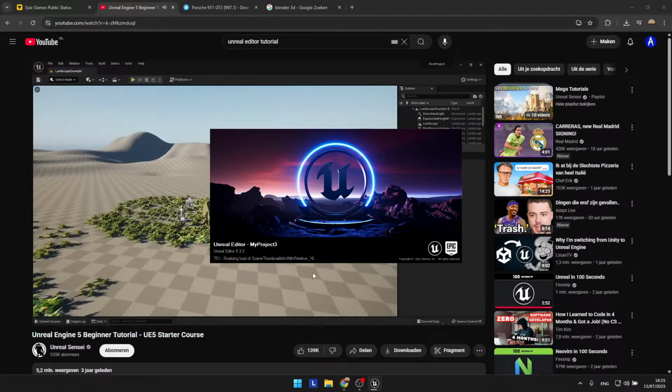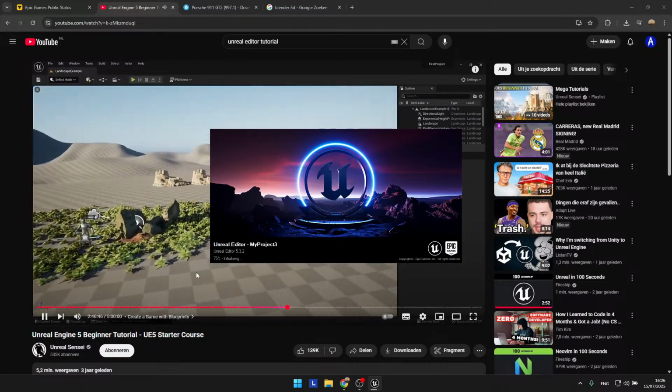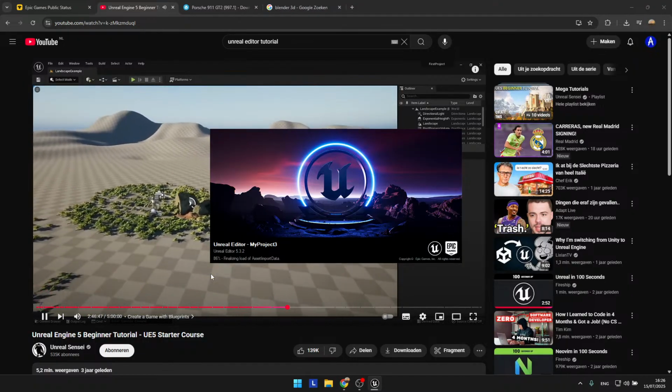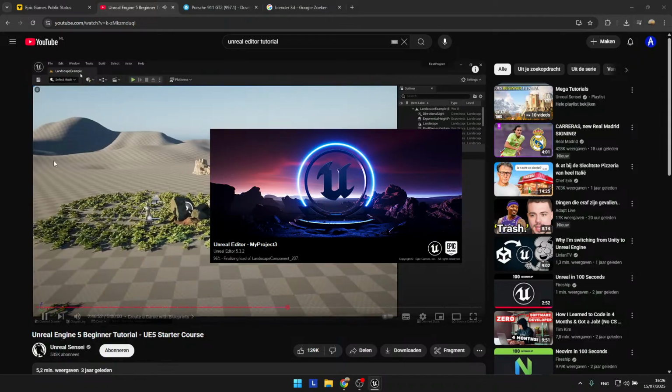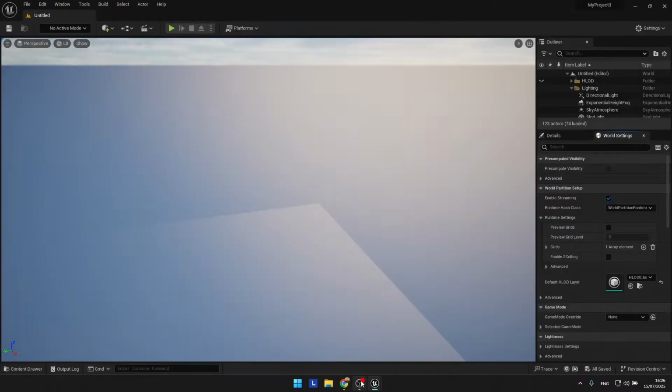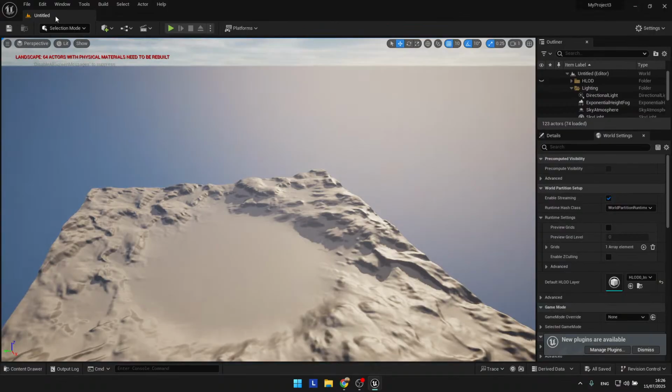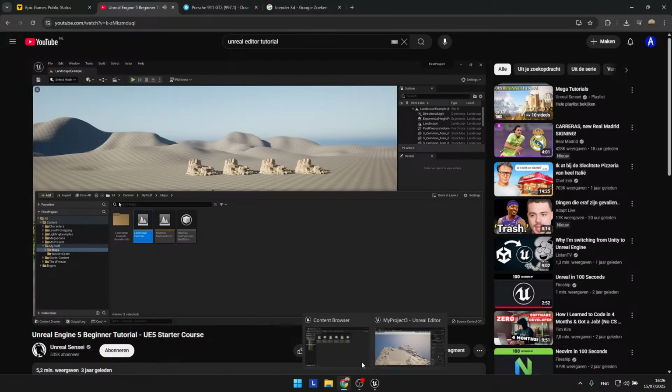To begin, before we do anything, let's duplicate the current level we have open and create our game within our new duplicated level. So if we come up to the top left hand corner, we can see the name of our level, which is called Landscape Example. If you remember, we created it within My Stuff and Maps. So since Landscape Example and Landscape Example up there have the same